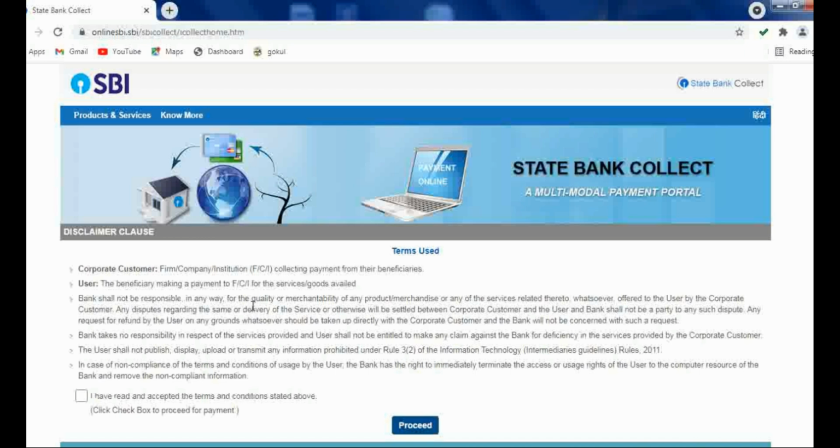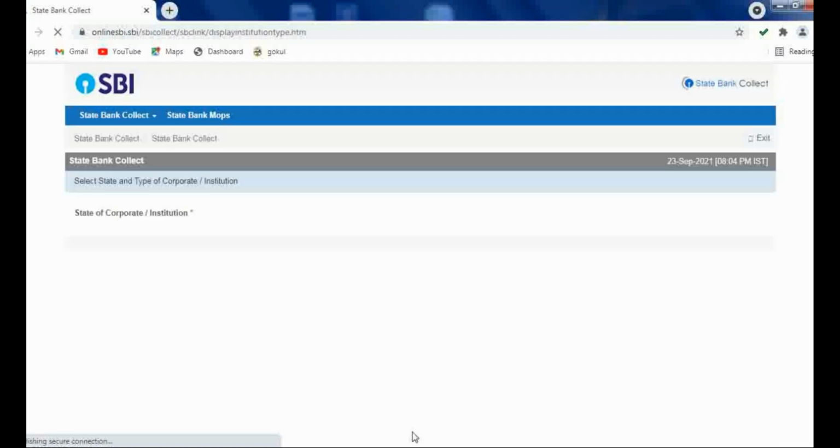After clicking on SB Collect, these terms and conditions are given. You have to read all these terms and conditions, and then click over here, that is I have read and accepted the terms and conditions which are stated above. After accepting, click on proceed. Here you have to select the state of corporate or institution.